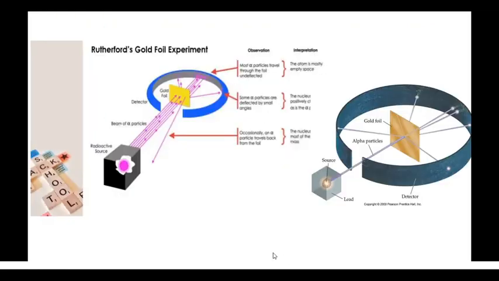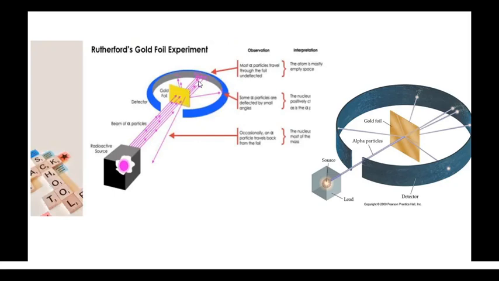See, here you can see that a radioactive source is here. Radioactive source means it will produce radiations like alpha, beta and gamma rays, isn't it? So this radioactive source should be in a lead block, and the radioactive material is placed inside it. As time passes, the radioactive material decays and produces alpha particles. These alpha particles are allowed to fall on the gold foil, and here you can see the incident alpha particles.